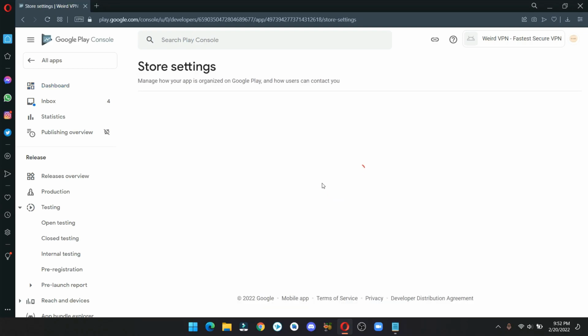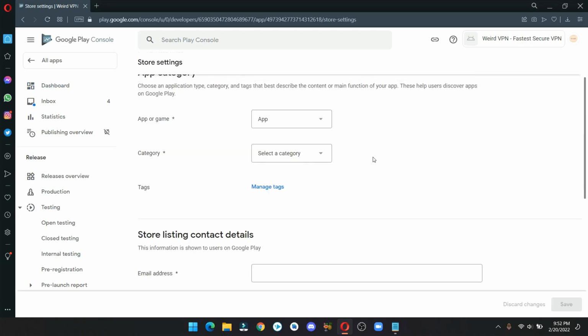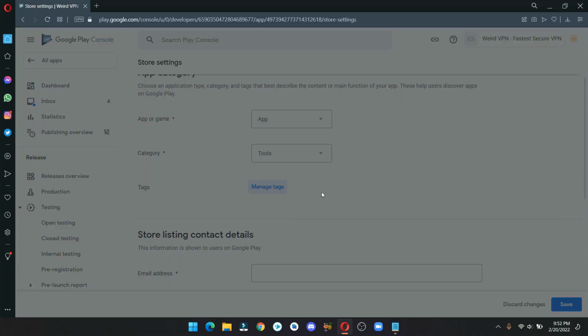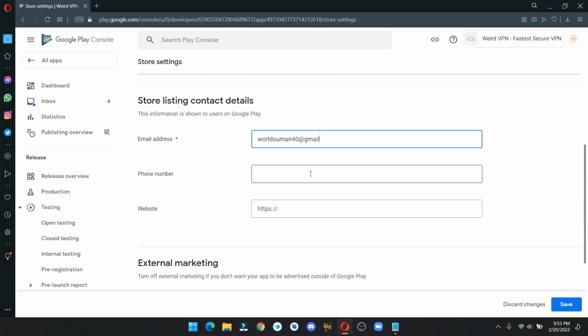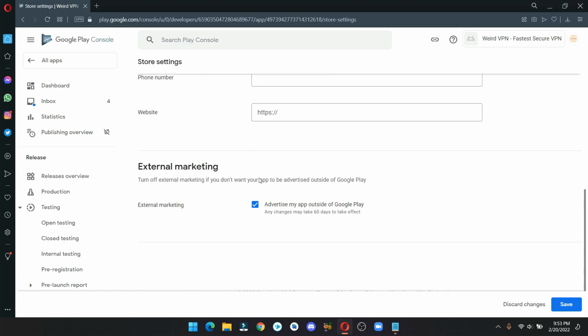Now move on to the next step. Select your app category, pick suitable tags, provide your email address, click on Save.